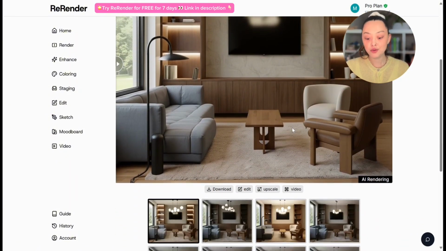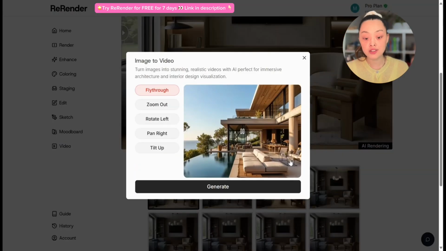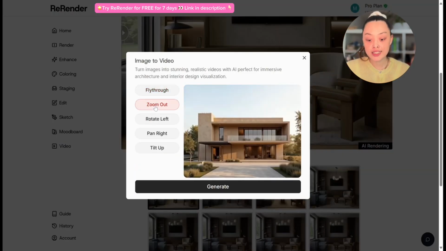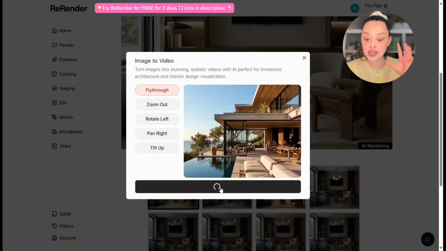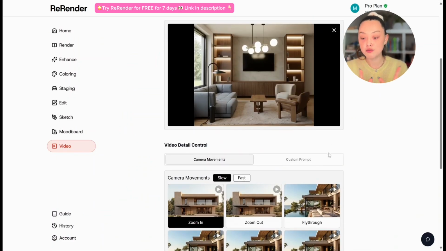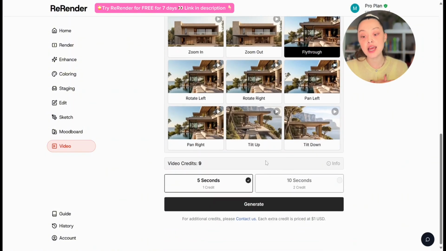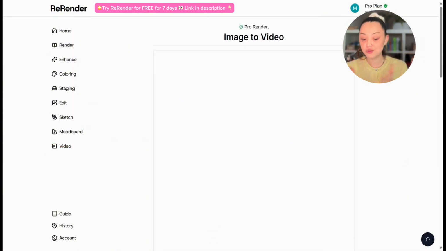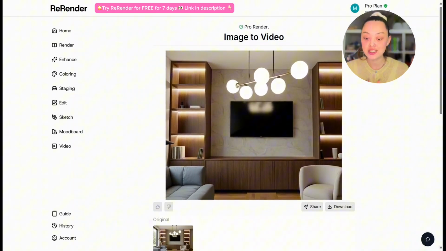And once you're happy with an image that you like, I'm going to show you that you can also make a video out of it. So let's start creating maybe a fly through video. Let's click on generate, and it will take you to this page, and once you have the image, you can choose the style of the camera movement. So I think I'm just going to choose the fly through, and you can choose either 5 seconds or 10 seconds, and let's hit generate, and voila, it just made a super fast video in seconds,